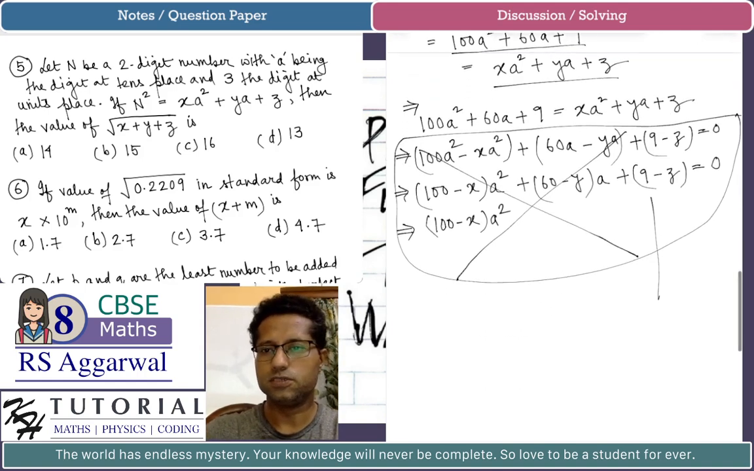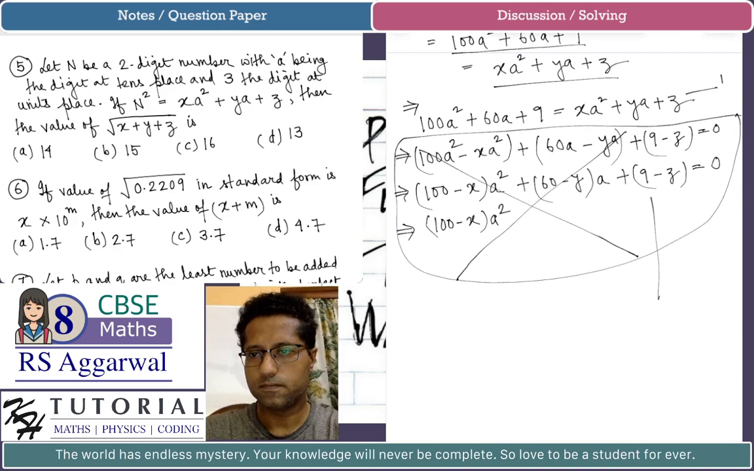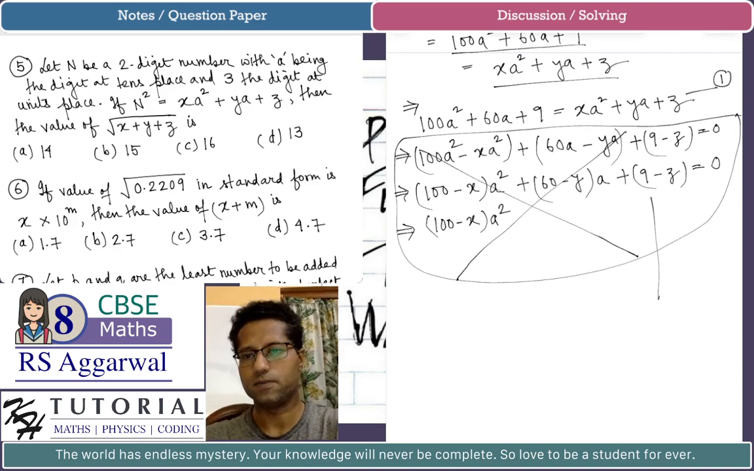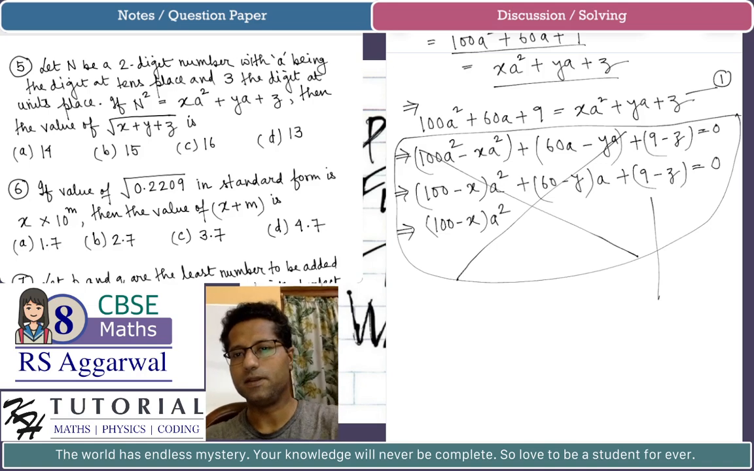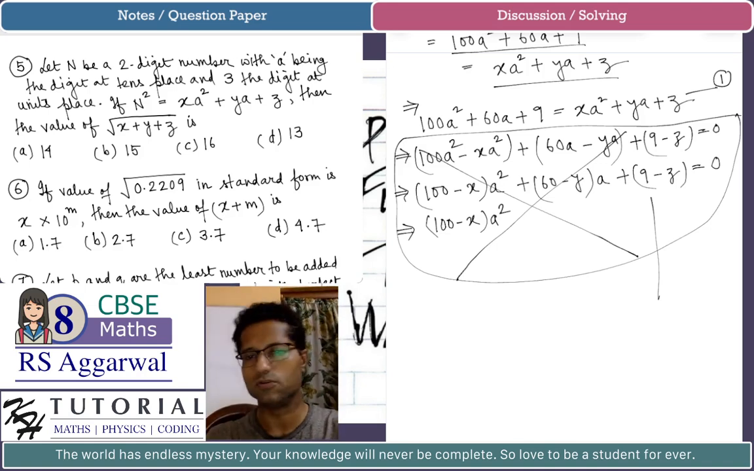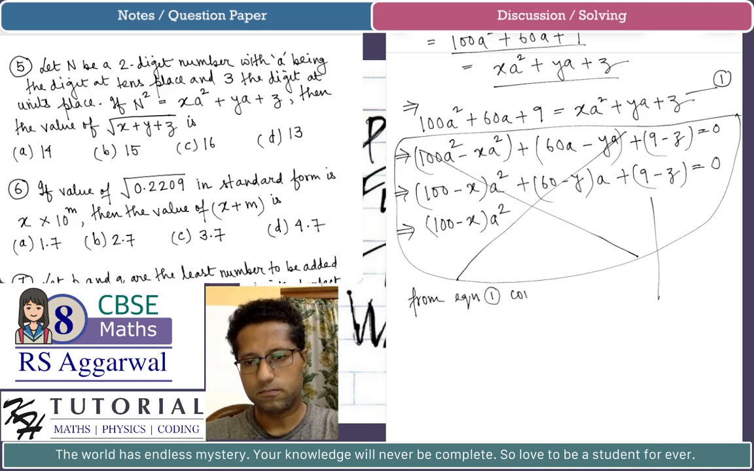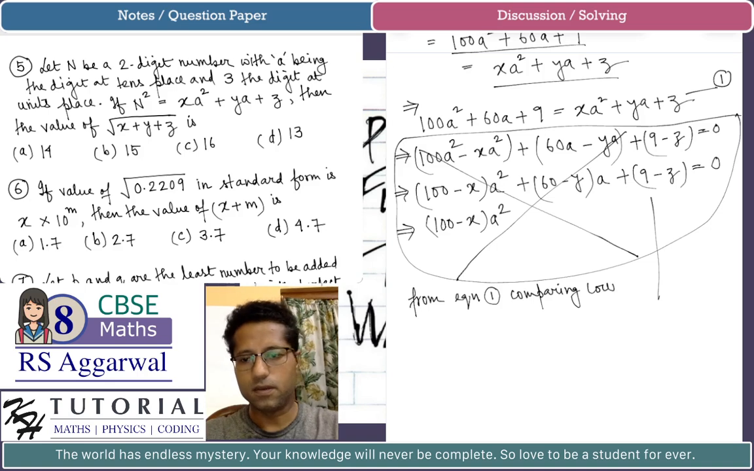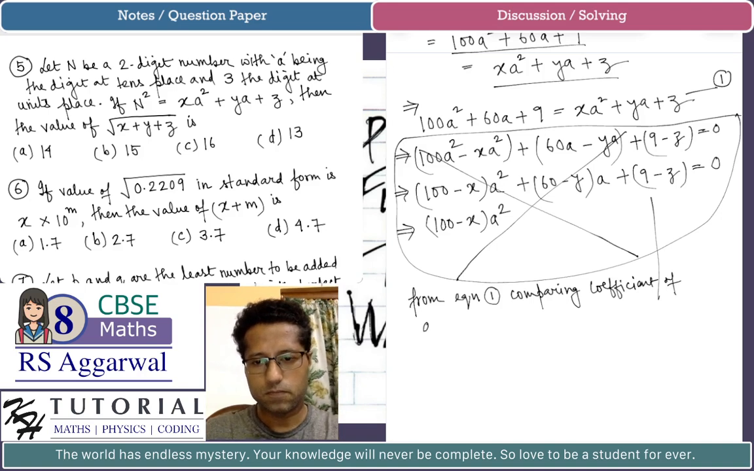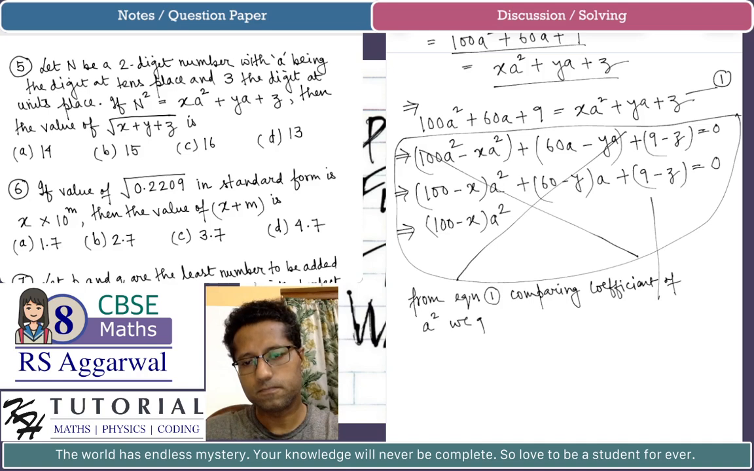So from this equation, where we have 100a square plus 60a plus 9 equals x a square plus y a plus z, we can compare the coefficients of a square, a, and the constant term on both sides. Comparing the coefficient of a square,